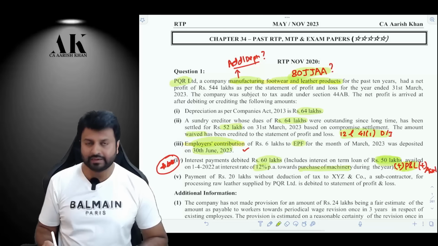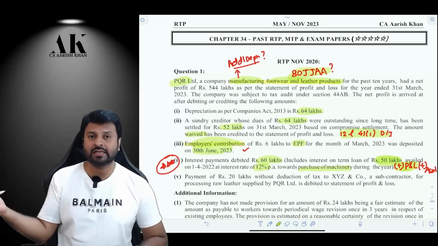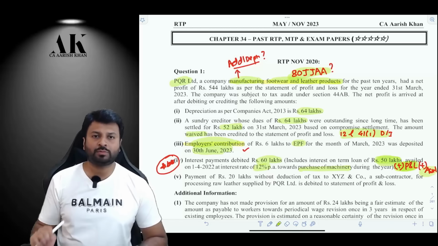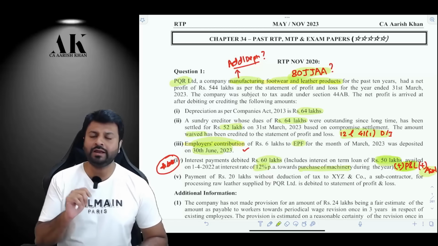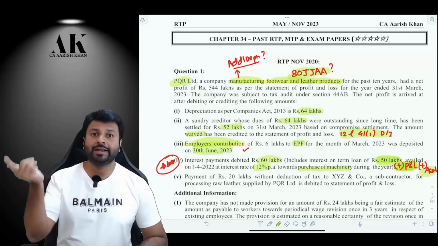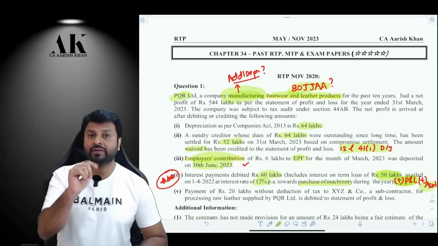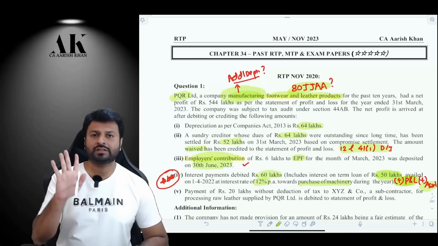Okay. So that interest, which is a pre-use interest, has to be added back to the P&L. So the first effect is you add back to the P&L. The second effect is you add it to the asset. Now you can claim normal depreciation. How much? 7.5%. Why? Because the asset is used for less than 180 days. And you will also compute what? Additional depreciation, because it is a new machinery and the assessee is engaged in manufacturing. Therefore, you will also compute additional depreciation at the rate of 10%.